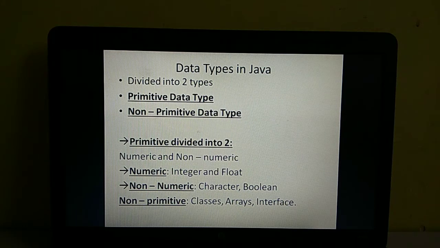So these are your data types that you know, you have learned about integer, float, character, boolean also, which represents your string data type or string class. On classes, arrays and interface you will be learning later on.